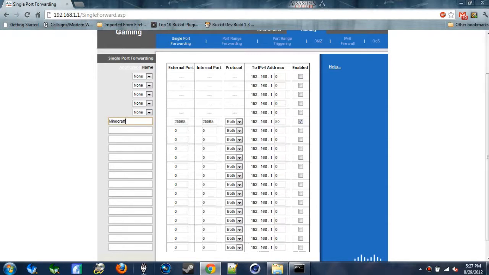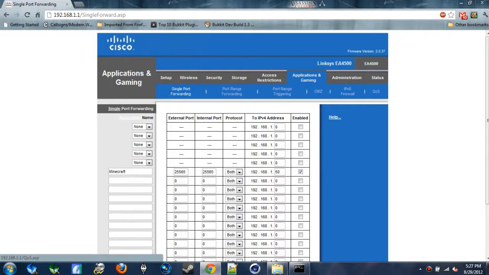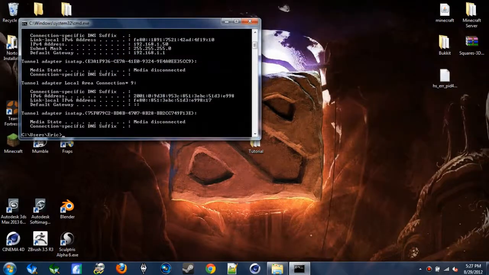So for the name, just type in Minecraft. External port is 25565, internal port is 25565, and these are the start and end ports. And the protocol is going to be both TCP and UDP. And for the IPv4 address, remember your static IP that we just set up, and put that in here, and click enabled, of course, and save settings. Save settings, otherwise it's not going to work. So once that's done, you could just X out of your browser once it says it's saved,